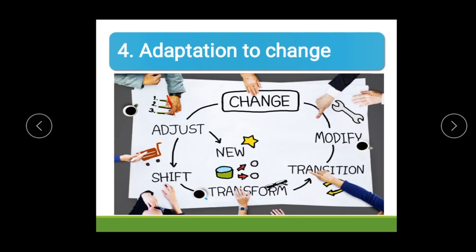So here in organizing, we are trying to adjust as per the changed business environment. This facilitates the growth of the organization. So organizing helps in adaptation to change.